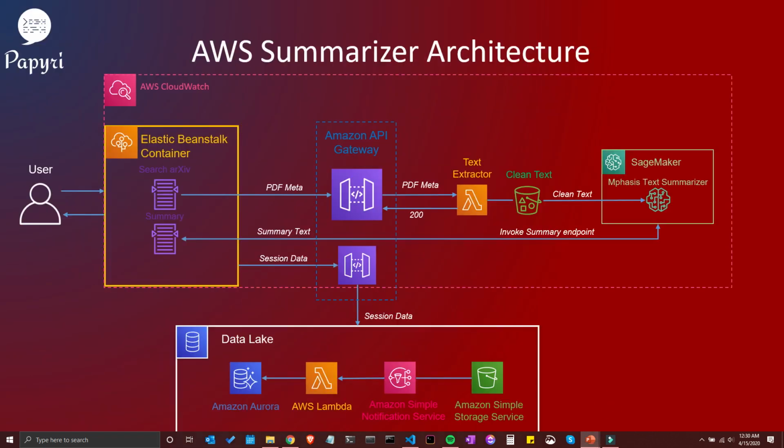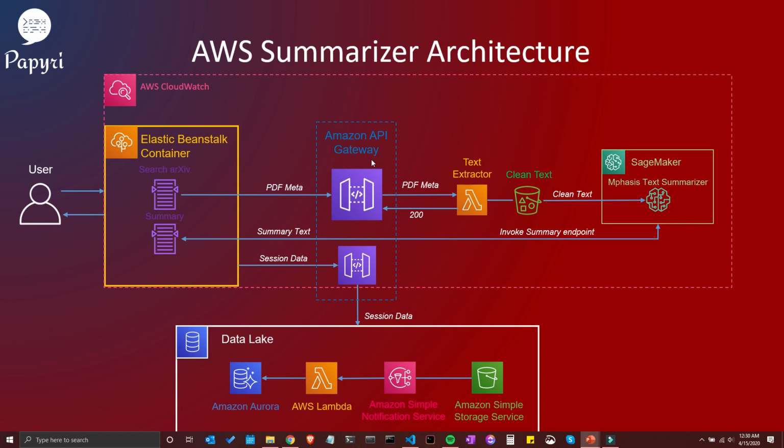So this is my architecture. I'm using an Elastic Beanstalk container to host my web application. I'm also doing the search using the Beanstalk because I have load balanced instances, so it is able to handle the traffic. So when the user clicks a paper he wants to summarize, that data gets transferred to the